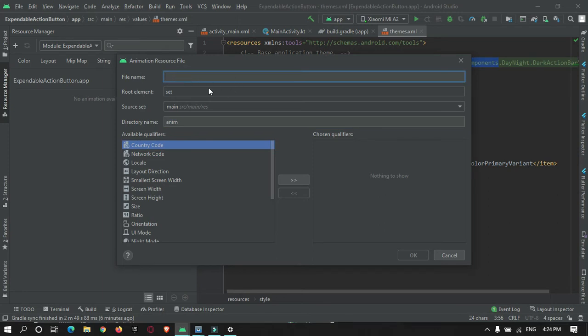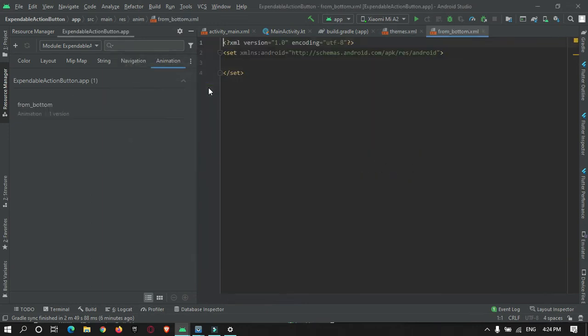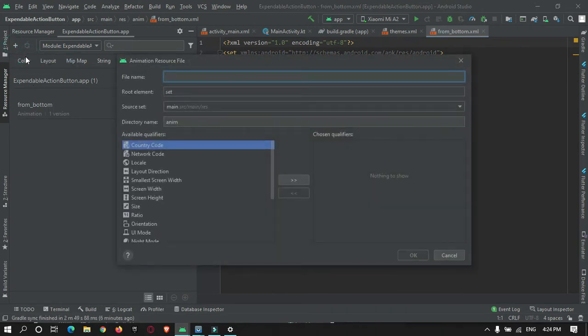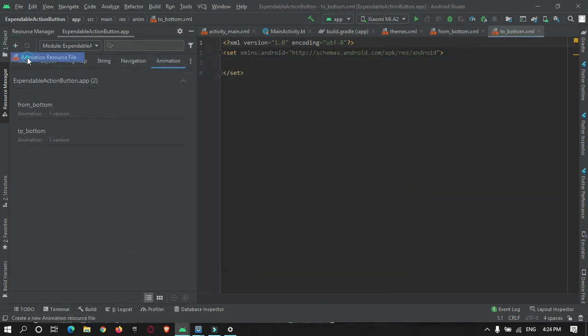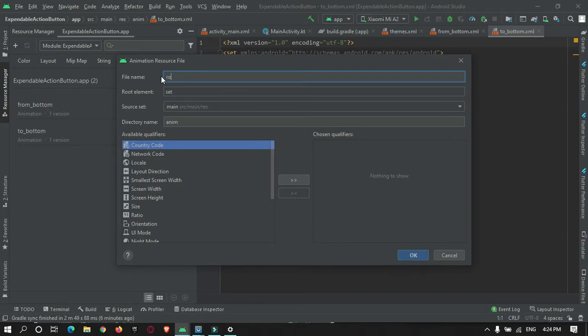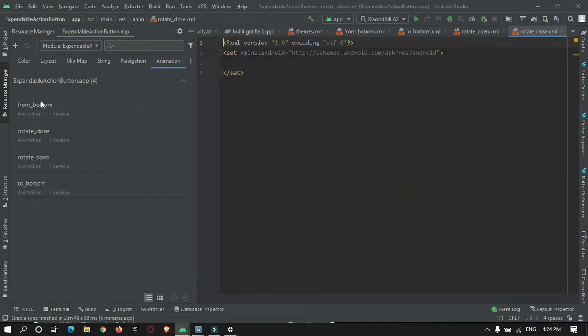Here we need four animation files: from bottom, to bottom, rotate open, and rotate close. Okay, so the four animation files have been created.